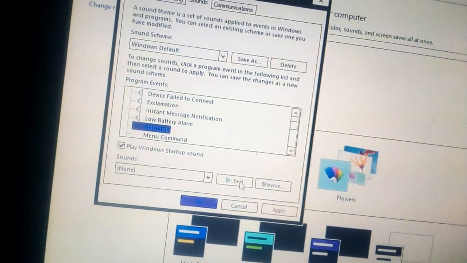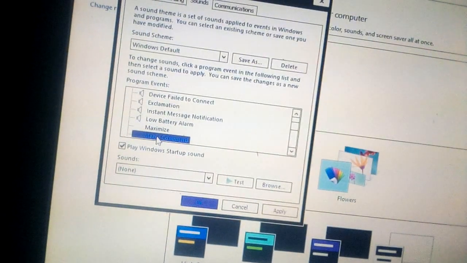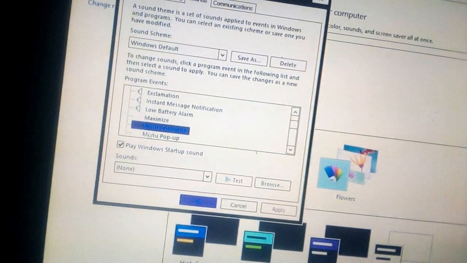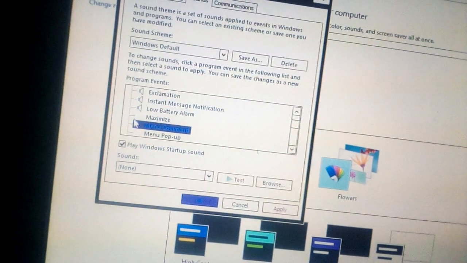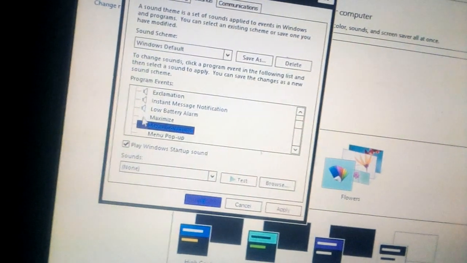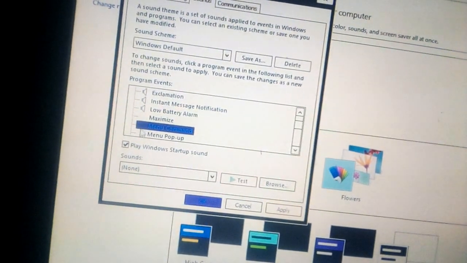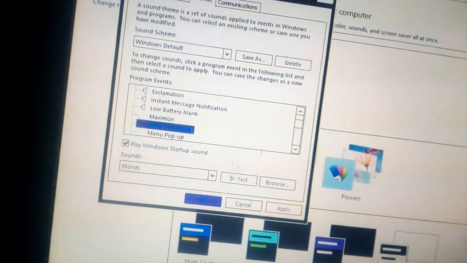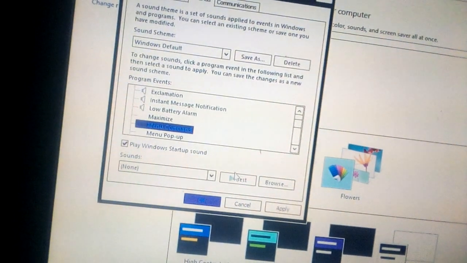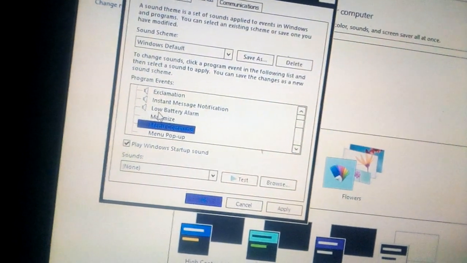Maximize. These are not sound because there is no sound option over here. You are listening, you are seeing it. We cannot test it because there is no option, so we can test the low battery alarm.